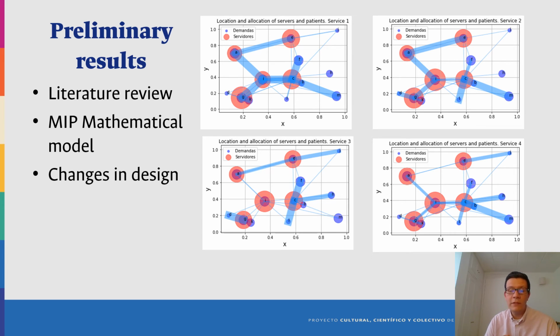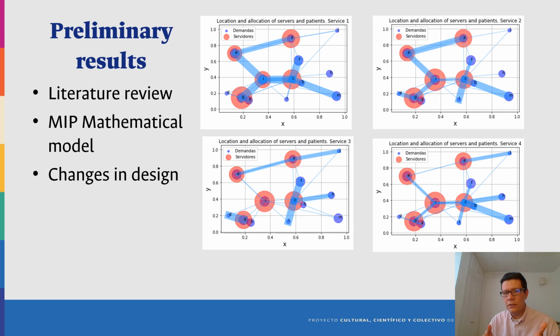Secondly, we have developed a first mathematical model, a mixed integer programming model, and we can see in the figure four results of this model based on random instances. In each graph, you can see a design of a healthcare network with the red dots as servers and the blue dots as demand points, and the size of each dot represents the amount of demand or supply, and the arcs or links between the dots represent the flow of patients from demand points to servers. You can see that the topology or the configuration of the network changes depending on the